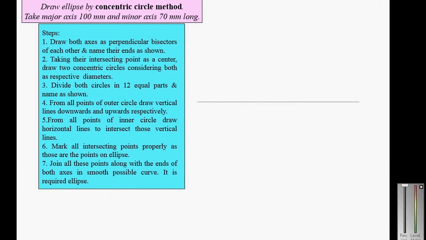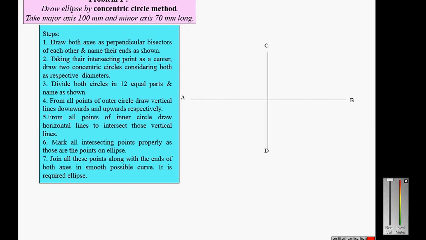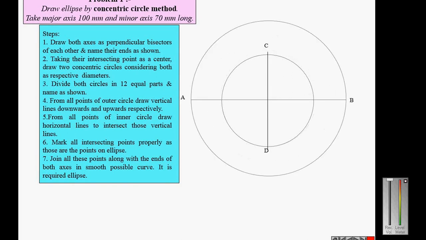So first of all, draw two lines AB and CD, and AB is the major axis which is 100 millimeter, and CD is minor axis which is 70 millimeter long, and with center O and diameter as major axis and minor axis, draw two circles as shown in the figure, and divide the 360 degree of the circle into